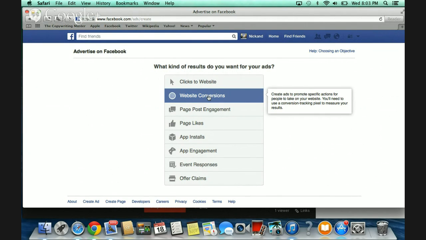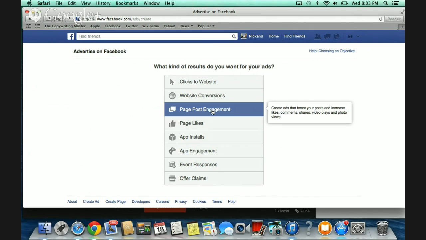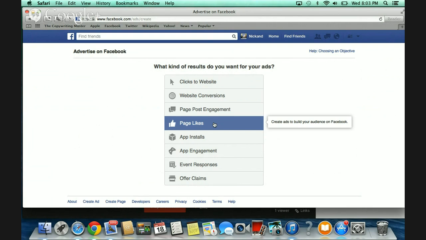What Facebook knows, through all the algorithms that have been put together, and Facebook's been running for about 10 years, is that they can tell who buys what. They can tell who clicks what. They can tell who posts and engages with pages. They know the people that do likes, and we're all looking for likes here. Everybody wants them. It's a big thing. We need the most likes. You get them from here.